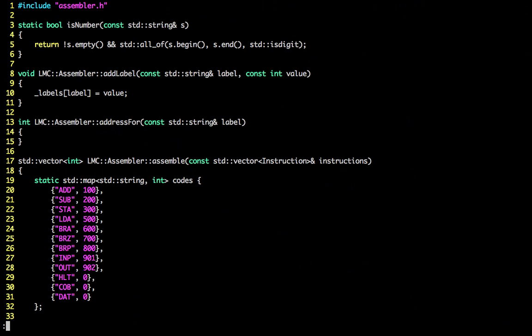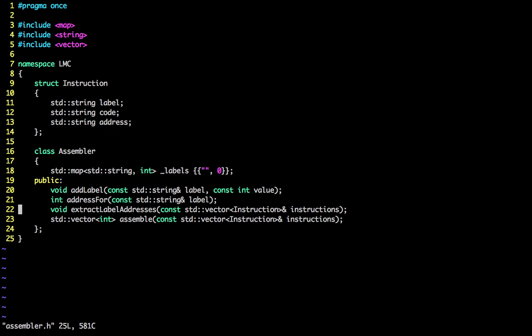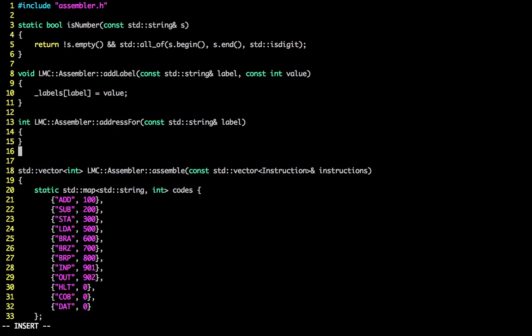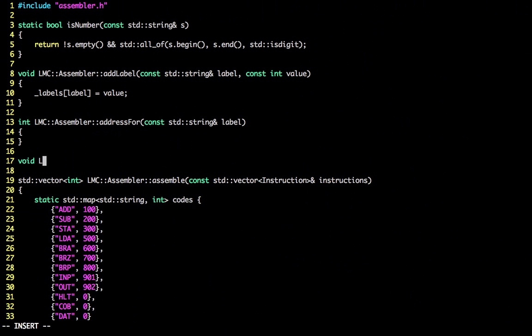That should be address for. Oh no, it is address for. I've just misremembered what I'd written. So we need that API, and we also need extract address labels, label addresses